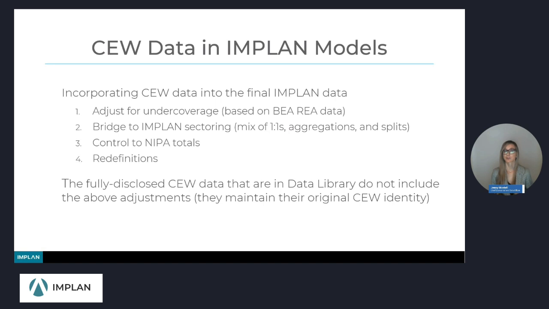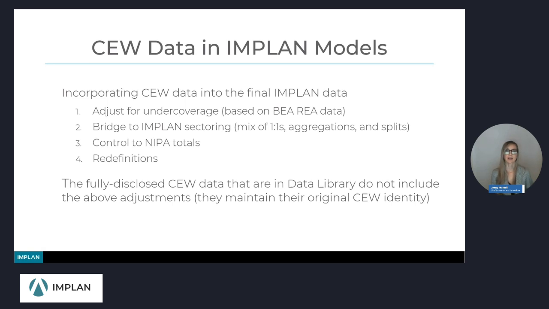And so we will turn to different data sources, one of them being the Bureau of Economic Analysis's regional economic accounts data, which gives us proprietor income and employment, and it covers other sectors, like it fully covers farm sectors and rail, that are undercovered in CEW,